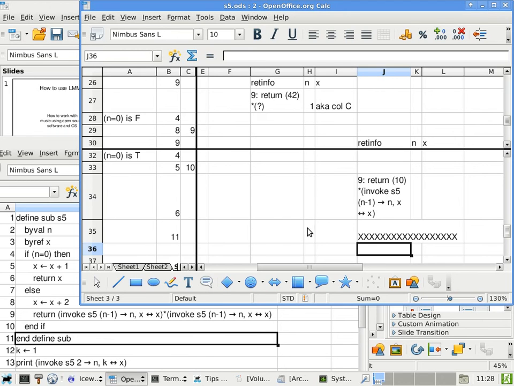All right. So after line 11, the big question is, where do we go to? Line 9. Line 9. Very good. Because the return info cell is telling me to go back to line 9. When I go back to line 9, I always ask the question, can I return? No. No, because we have the other side of the invocation that we have